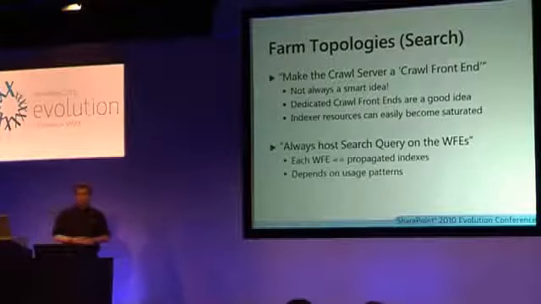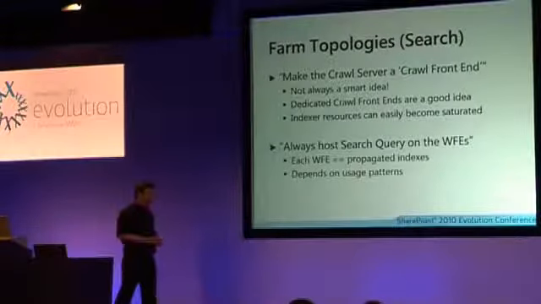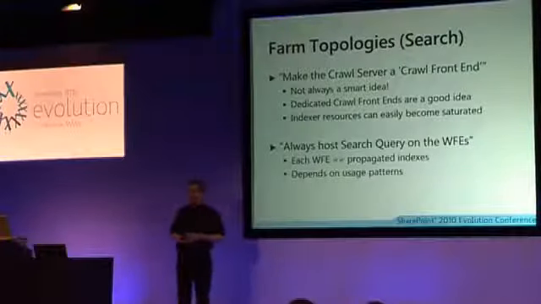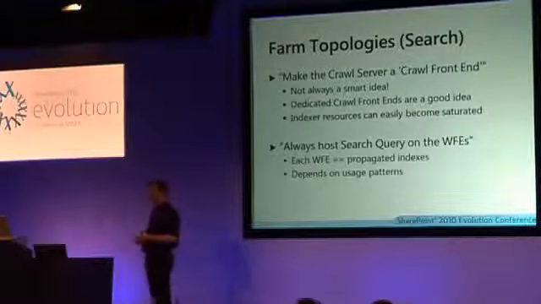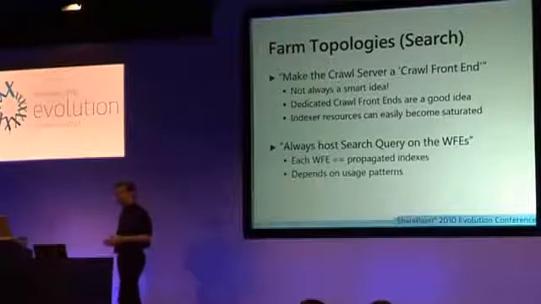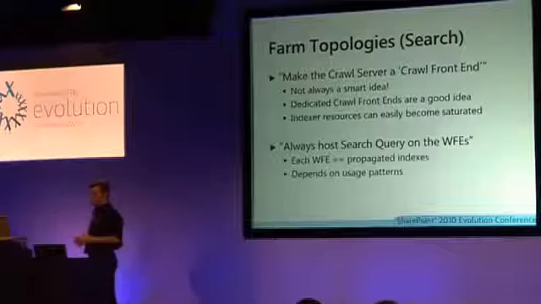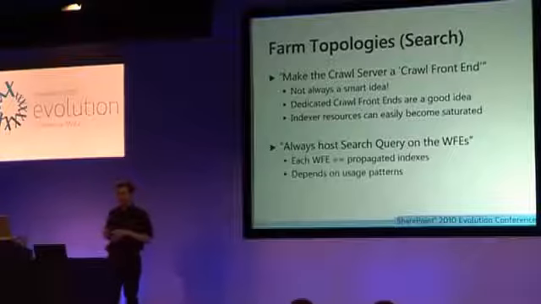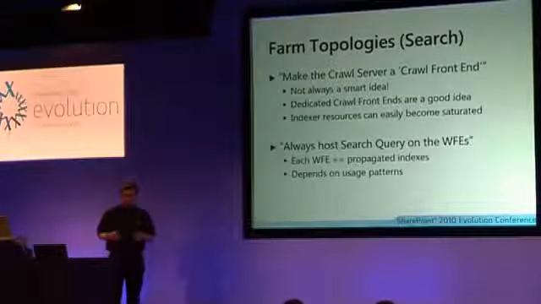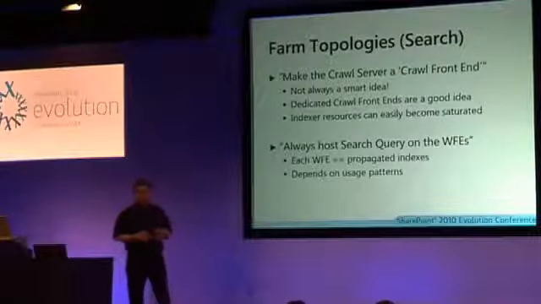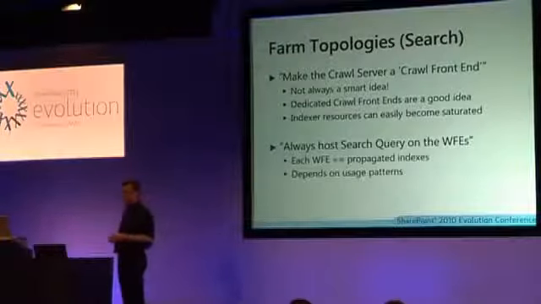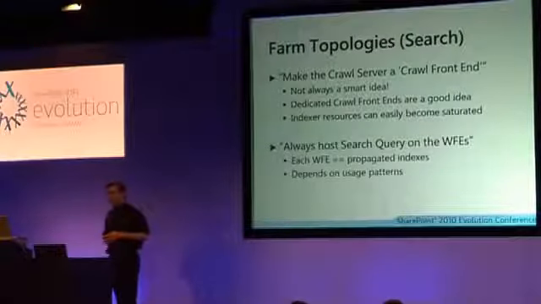Now, the other point here is it can be a good idea in a small environment to have your web applications running on the indexer or on the crawl server, because then you're just going to the local machine and it's going to be quicker. The problem is, once you get to a certain scale of either the number of web applications or the size of the corpus, you want your indexer to have as many resources available to it as possible. And if you're loading up a bunch of web applications, they're all using memory, they're all using CPU, you can saturate the resources on that machine.